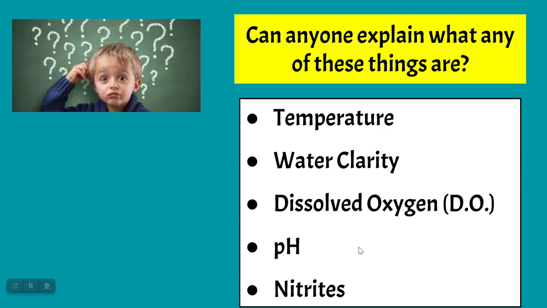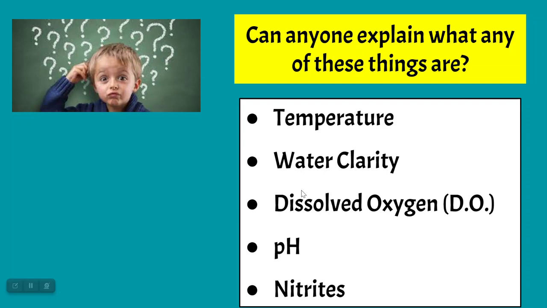Is it basic? So there's a particular range that is comfortable for our plants and animals. And then how many nitrites, what is the quantity of nitrites in our water? Too many nitrites, that's bad. So lots of dissolved oxygen, that's good. And pH, we like it to be in between 6 and 9,